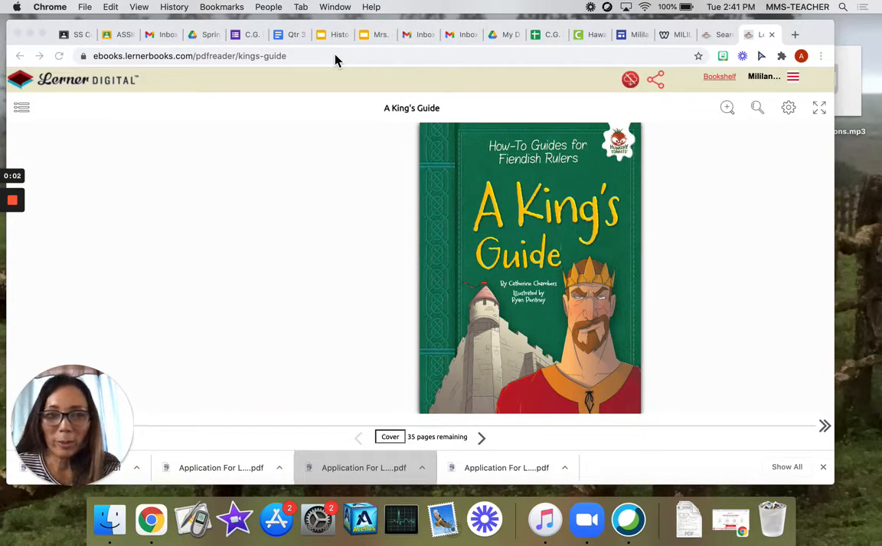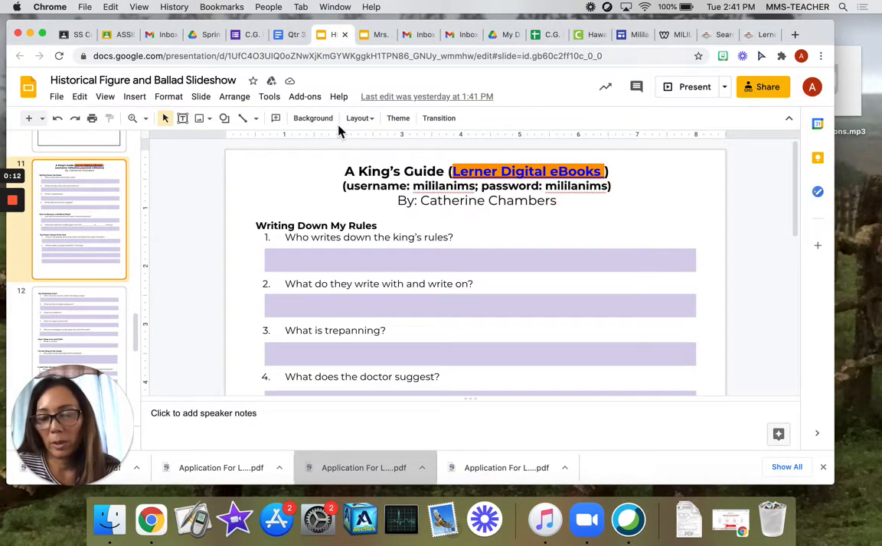Okay, today I'm going to help you with our social studies activity, and you're going to be reading this book. It's called A King's Guide. And let me take you to slide 11. On slide 11 in your social studies assignment slideshow, it's called A King's Guide, and you're going to click on this link. It'll take you to the